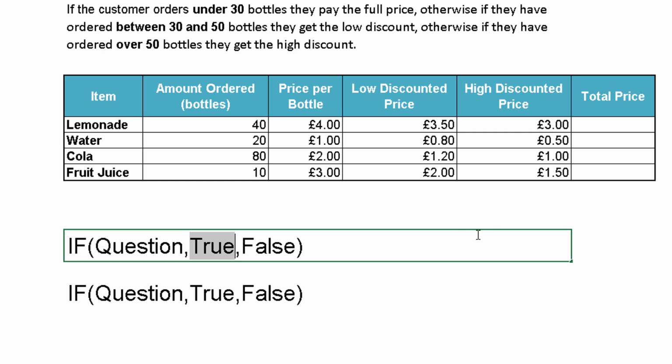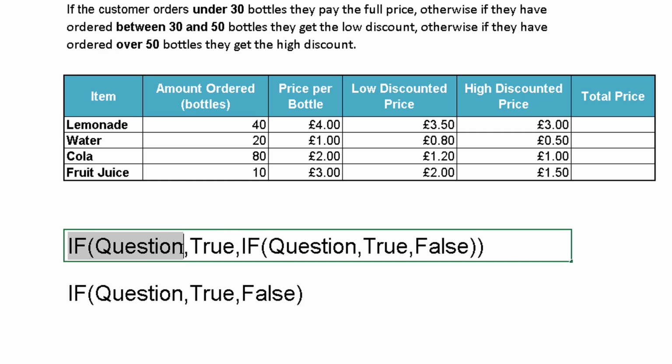If they haven't bought less than 30, then the answer to the question is false. And what Excel will do is jump from here to here. Now, when it arrives at the false, what we want to do is to put a second if function there. So when it arrives here, it starts the whole if procedure off again. Let me just demonstrate that. If I take all of this and pop it in there,